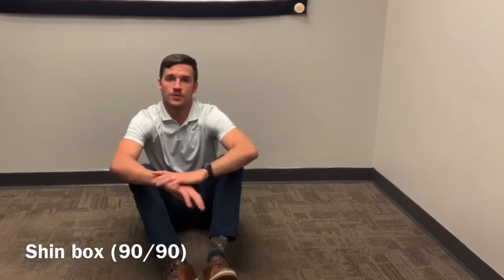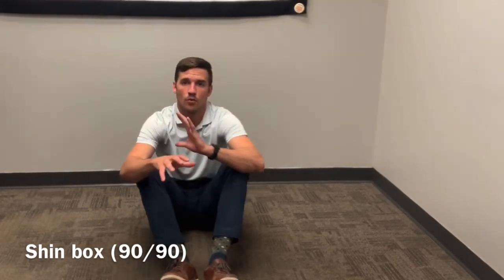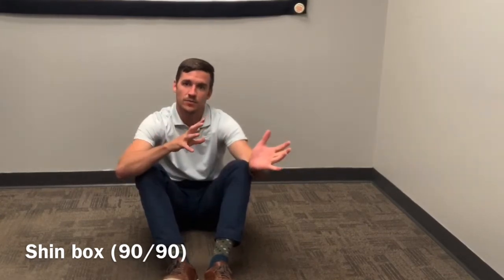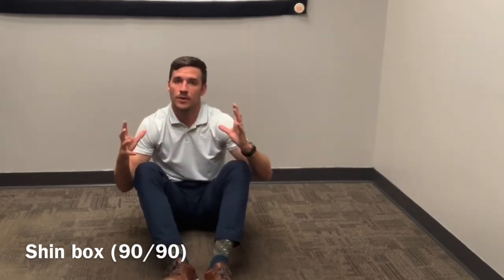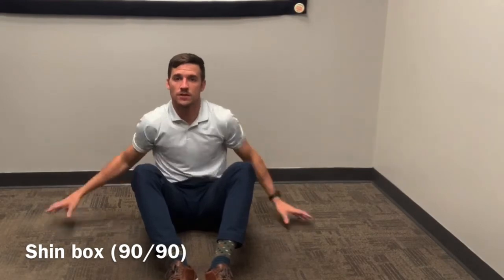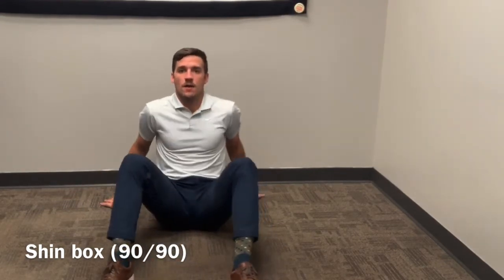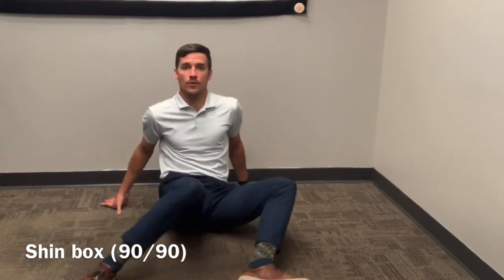So we're going to finish with a shin box or a figure 4, 90-90 switch. It's kind of like the hip switch, but it gets into a little bit more uprighting of your spine, so it becomes a little bit more difficult. So how this looks, remember with the hip switch we were laid back, how this one looks is we're here, and we're going to go down